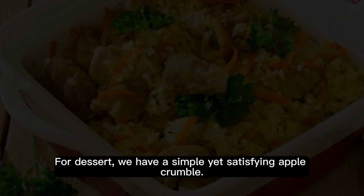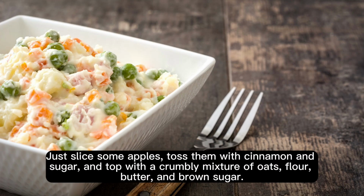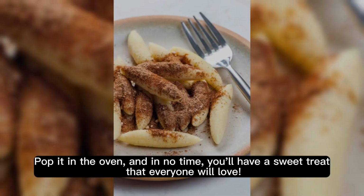For dessert, we have a simple yet satisfying apple crumble. Just slice some apples, toss them with cinnamon and sugar, and top with the crumbly mixture of oats, flour, butter, and brown sugar. Pop it in the oven, and in no time, you'll have a sweet treat that everyone will